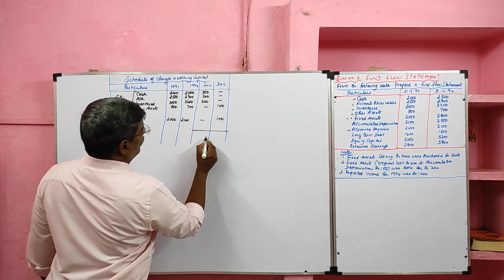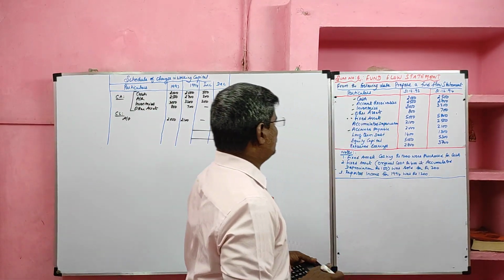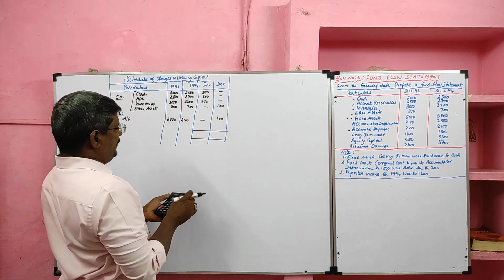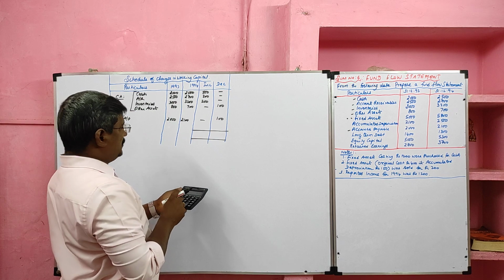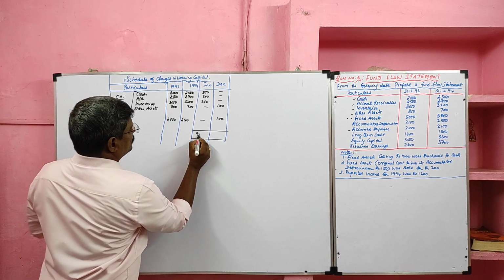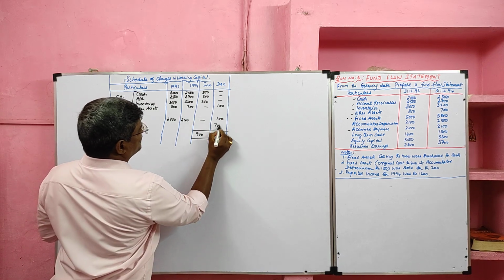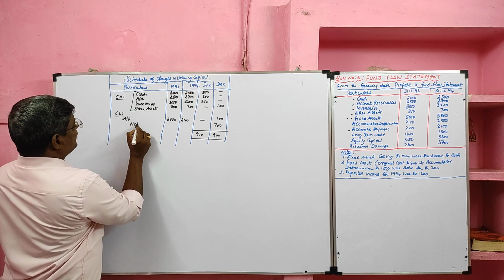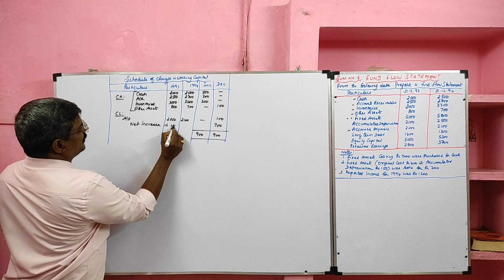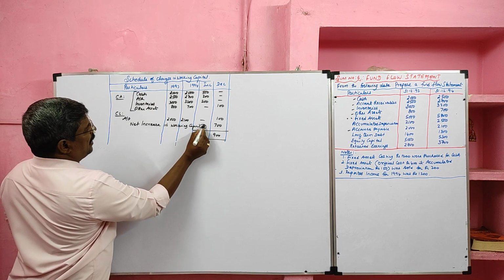Yes, students, now I am going to total this. First we will total the increase side. Increase side 500 plus 200 plus 200, so 900. So gross increase exceeds the gross decrease. So the balancing figure 700, that we will consider as net increase in working capital. It will go to the application side.